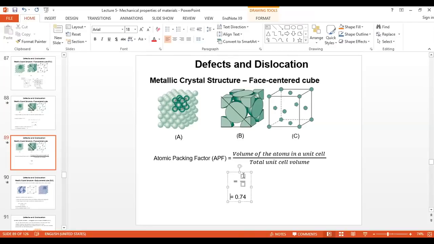So this is the volume of atoms in a unit cell. In an FCC unit cell, there are 8 atoms in a cell, and to get the volume, you have to multiply the volume of one atom by 8. So the volume of one atom,